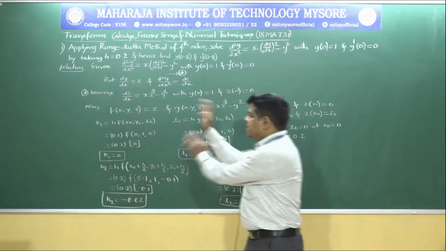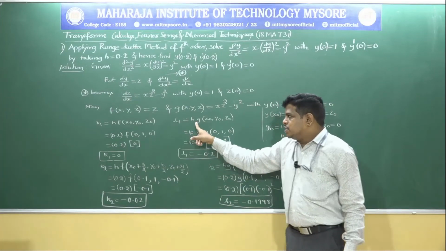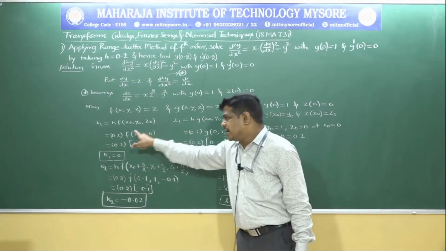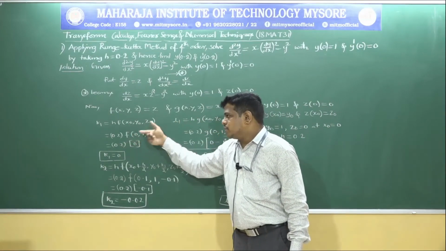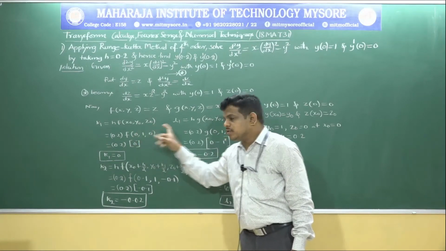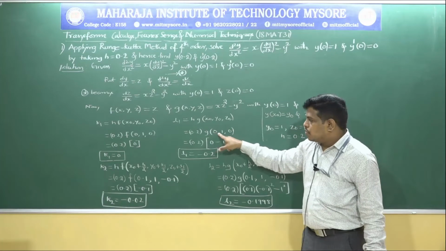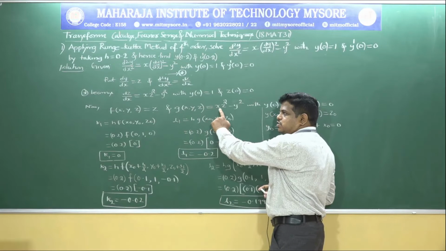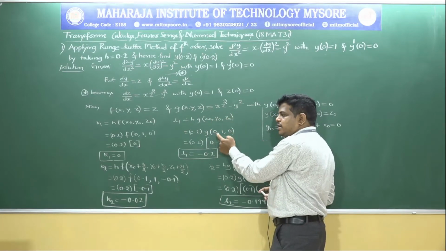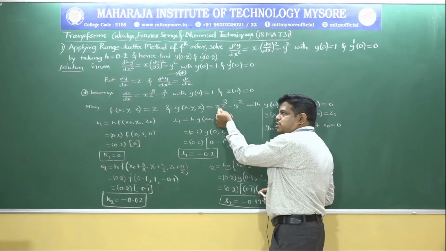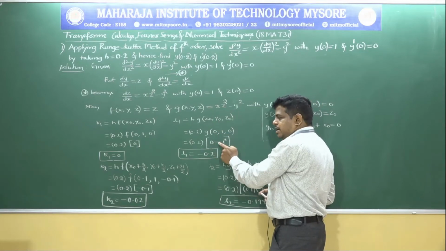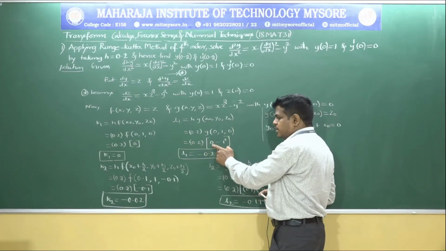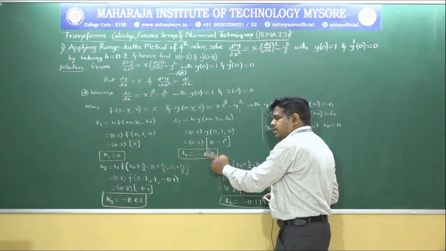After finding k1, you need to find l1. L1 is given by h into g of x naught comma y naught comma z naught. Here you can directly replace the values of x naught, y naught and z naught, which are 0, 1, 0. We know that g of x comma y comma z is x z square minus y square. Replacing the values, x z square with x is 0 and z is 0 becomes 0. Minus, I am retaining minus as it is, since y equals 1, it becomes 1 square. Therefore, 0.2 times this, on simplifying, you get l1 equals minus 0.2.